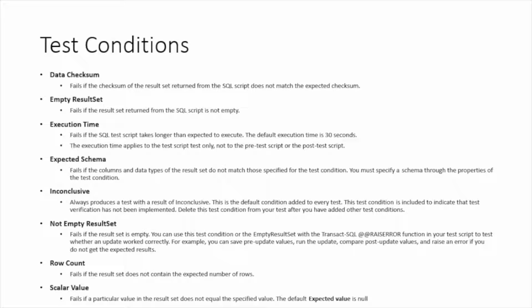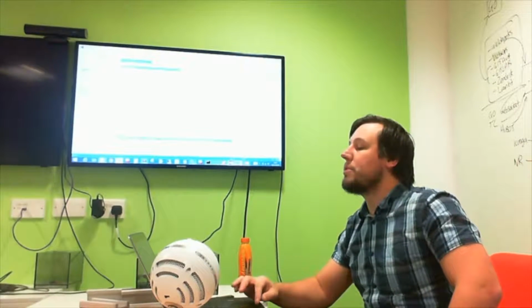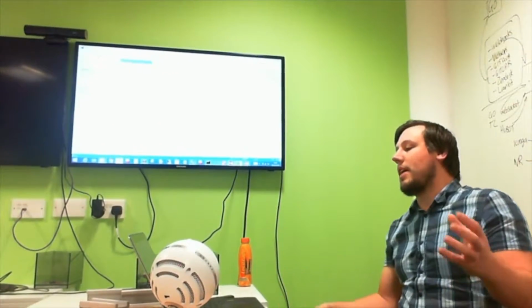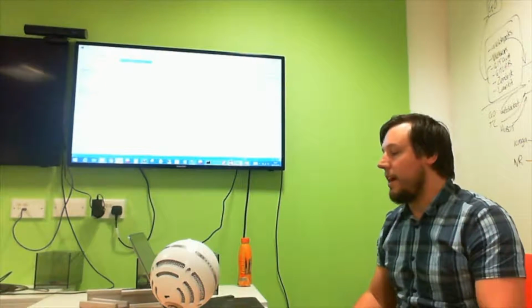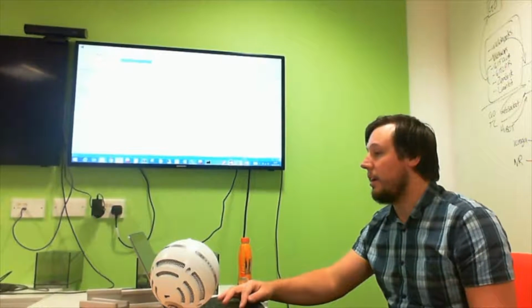Okay, so we talked about data setup briefly. This gives you the ability to set up all tests with data in a particular state, and it's done with the common script, which is the initialized script. That is the first thing that ever gets run, and I can show you. So going back to the test itself, it's on the common scripts and it's the initialized script. So it kind of says, okay, I want to set the state of all tests in this particular item,